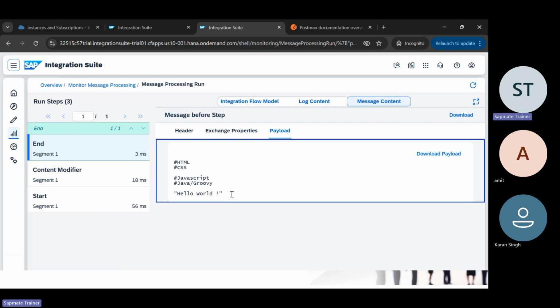Content modifier will show the payload or results and response which are coming from the previous step, meaning from start. And from start, we are not giving anything. It's the kickstarter, which has started the integration. Any, like you have HTTP, or I'm using SAP,